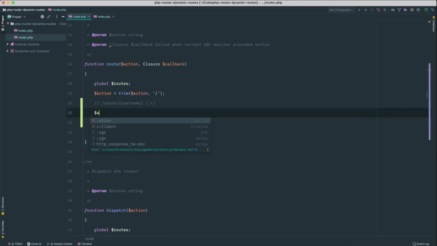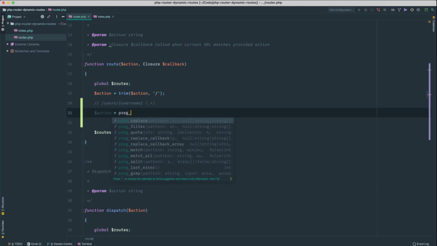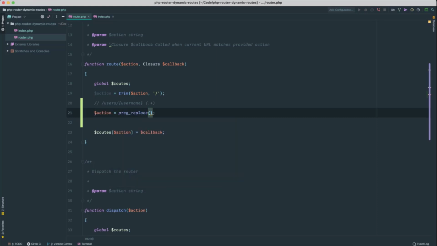So I'm going to say action is equal to preg_replace. As we know, this preg_replace function accepts three parameters. The first one is the regular expression pattern that we need to search, the second one is the replacement, and the third one is the subject, the string that we need to search in and replace.